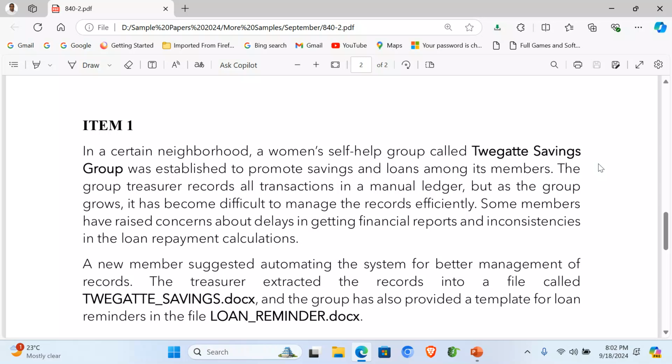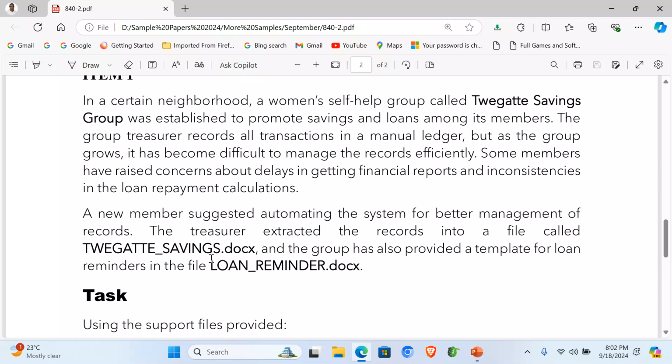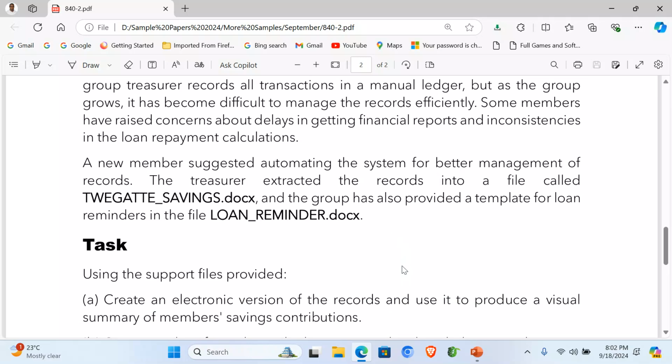Some members have raised concerns about delays in getting financial reports and inconsistencies in the loan repayment calculations. A new member suggested automating the system for better management of records. The treasurer extracted the records into a file called Twegatte Savings.docs, and the group has also provided a template for loan reminders in the file loan reminder.docs. Now, the task: